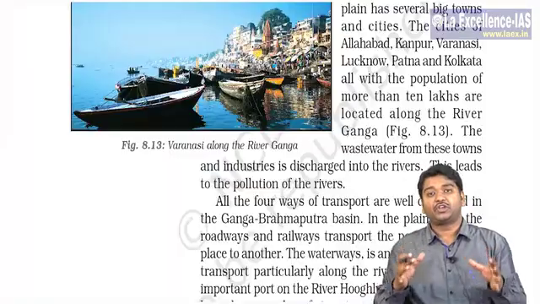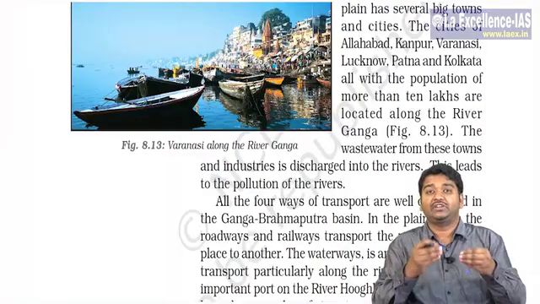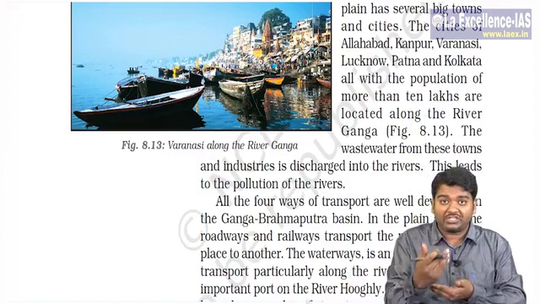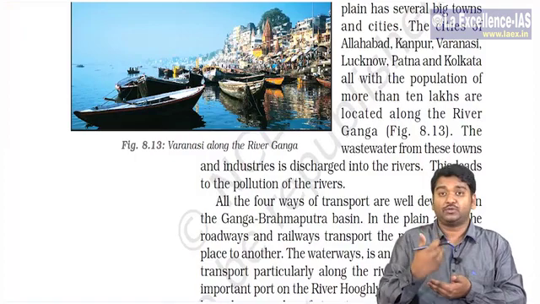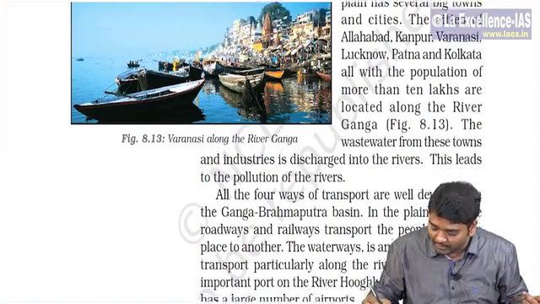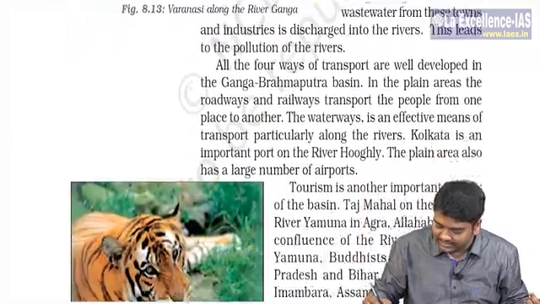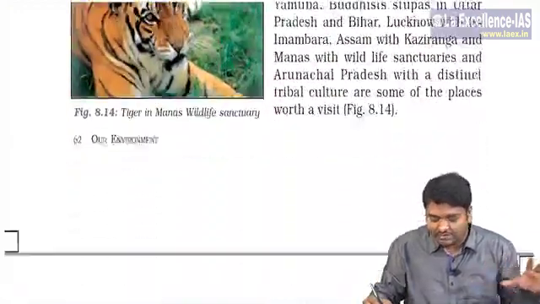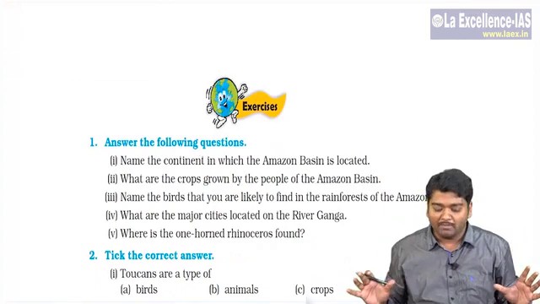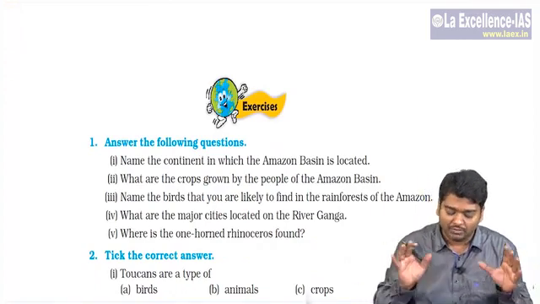Then they are also talking about the different cities which develop along with this, the different cities through which Yamuna, Ganga, Brahmaputra flow, and the benefits. And they also talk about the port facilities present in this region. So all this, as I told you, with the help of maps, I'll be helping you to remember. No need to worry much about this chapter.